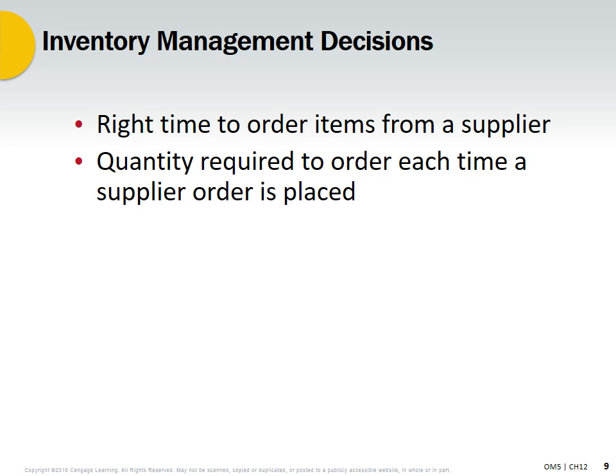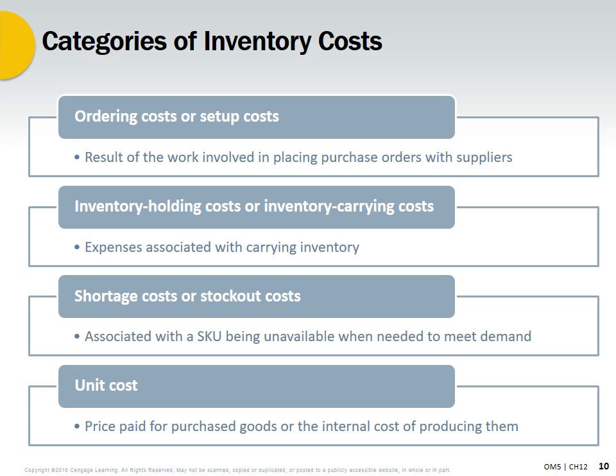Boil this down though, you really have two questions. Whether we're dealing with a global system, an environmentally friendly system, or some type of just-in-time system, two major questions. First one is, when do we make an order? And the second is, how much should that order be? Those two questions are going to cover 95% of our inventory management decisions. So keep those questions in the back of your mind, and let's talk a little bit about some types of costs